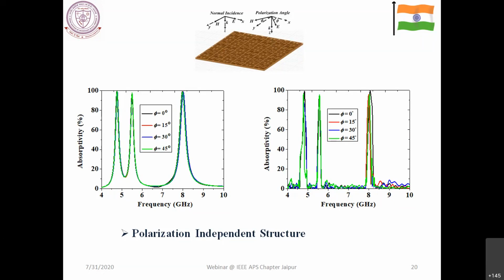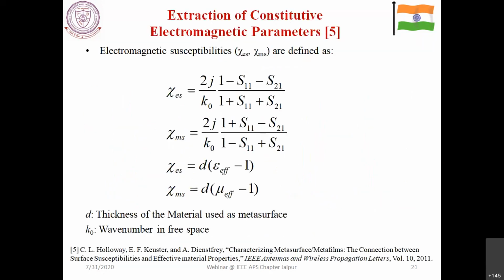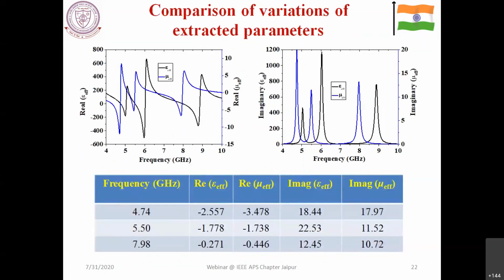So this is one idea. And you can use some kind of extraction of the electromagnetic parameters. There are some equations well known or well available in the literature. You can use those, and you will find that the real and imaginary parts of epsilon and mu effective are nearly equal. As I told a few slides ago, for any kind of absorbing sample, for minimized reflection coefficient, you always should have epsilon effective equal to mu effective. That happens over here.